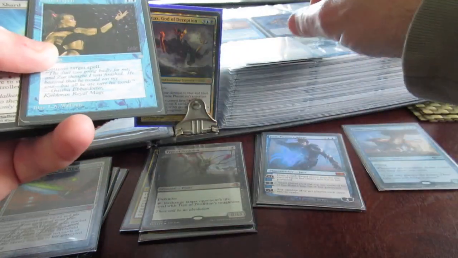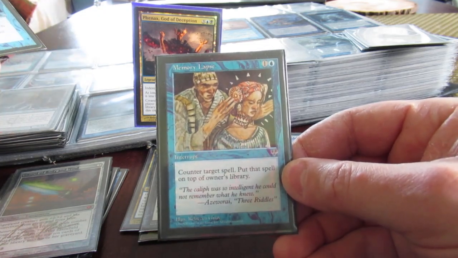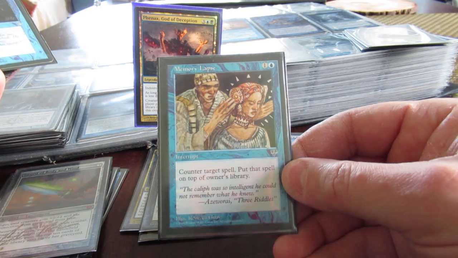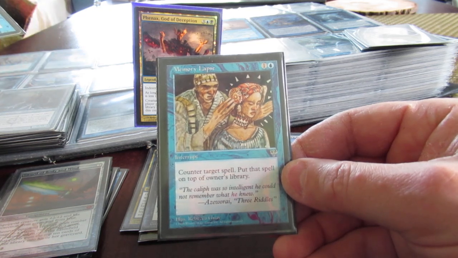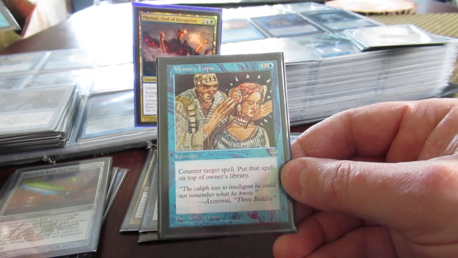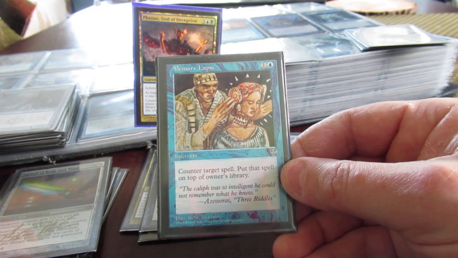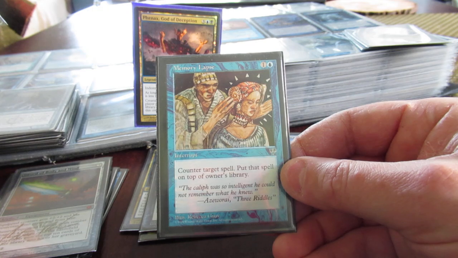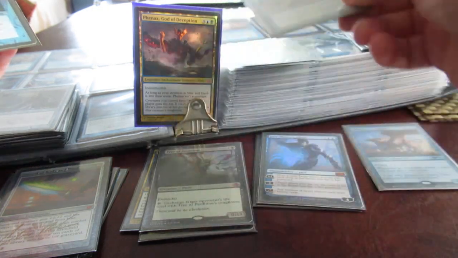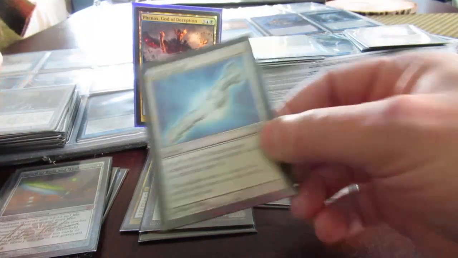Memory Lapse, 2. The reason I have Memory Lapse, it should be obvious to more experienced players, but the idea is I counter the spell and then I mill it away. So it only costs 1 blue and then 1 other color. So if I have blue-black, I can Memory Lapse somebody, and then I can mill them with some milling effect, and whatever card got put on top of the library gets put in the graveyard. Counterspell, Crystal Shard,